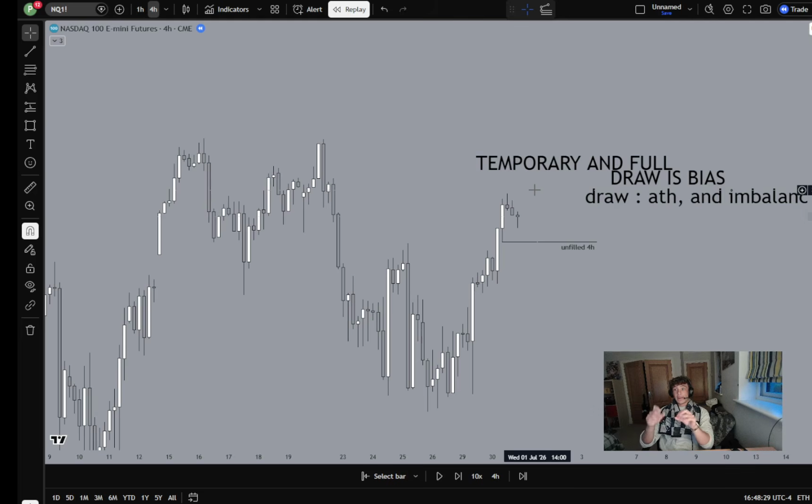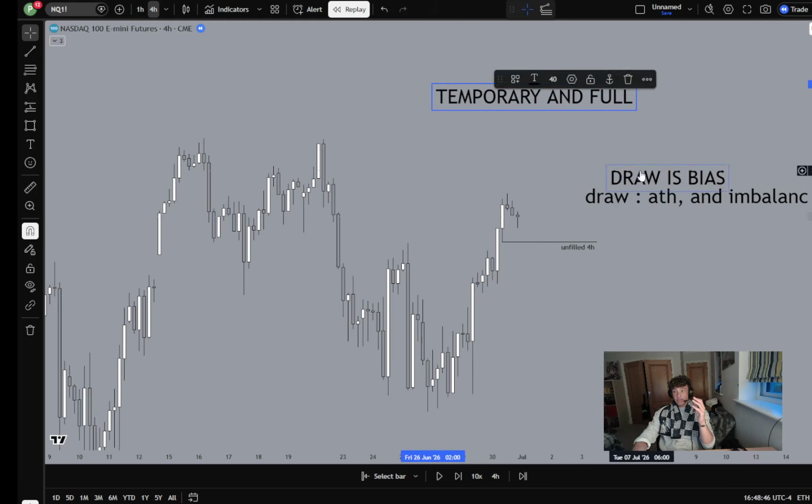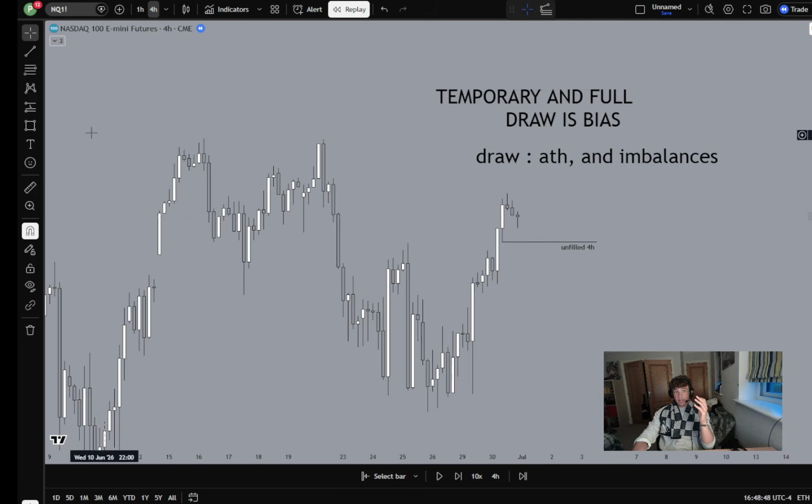But before you want to look for longs, before you want to identify SMTs, before you want to do anything like that, we need to understand price is going to want to do some things, especially if this is before New York, we haven't swept inducement, and we're just ranging downwards for the big move up. Then we need to identify that temporary draw. And the way I like to identify temporary draws, like I said, is imbalances.